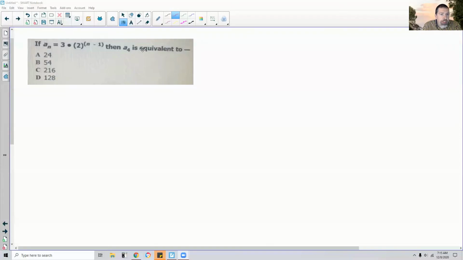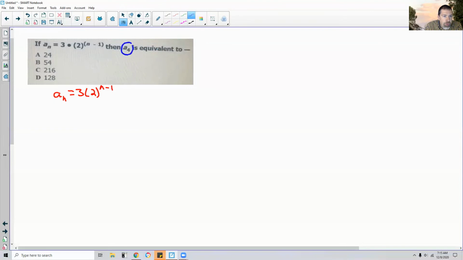Okay, so this is a geometric sequence, and it says if a sub n equals 3 times 2 to the n minus 1, then a sub 4 is equivalent to what? All right, this is just a simple substitution problem. So if we have a sub n equal to 3 times 2 to the n minus 1,